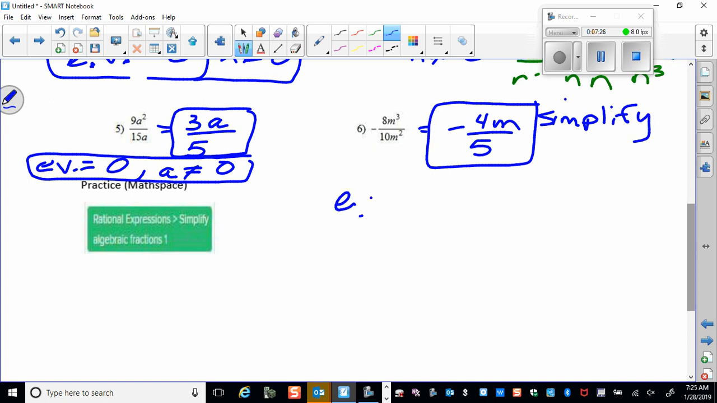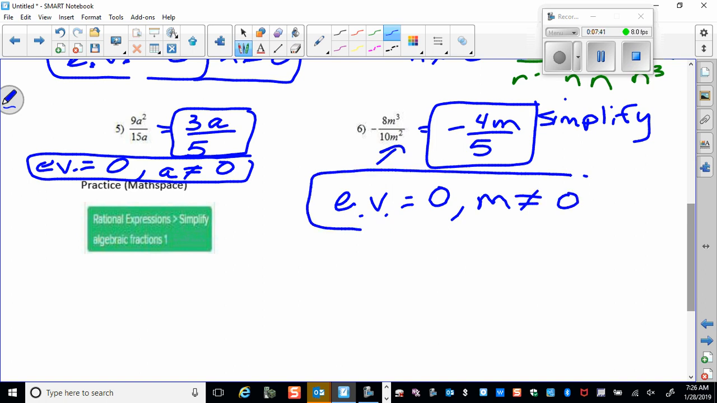Now my excluded value, if I'm looking at my denominator, my excluded value is 0, all right? Or I could say m cannot equal 0 because that would have me dividing by 0. There is some math space that you can do to practice that. We also have on the next page,